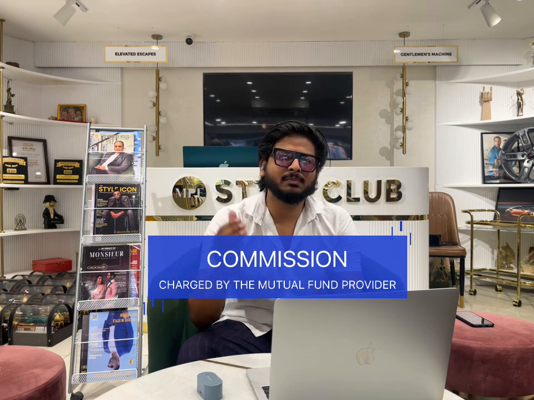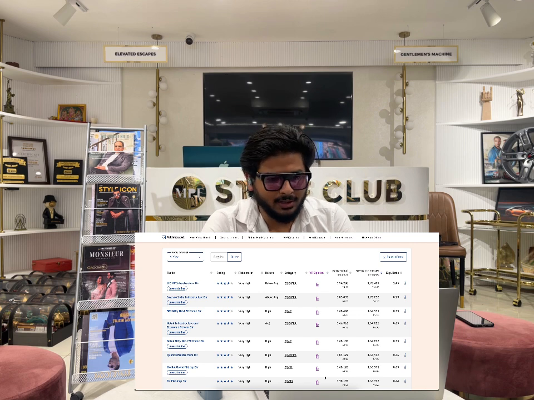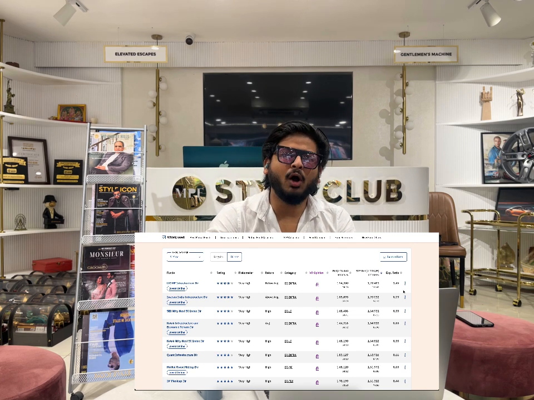least returns. Coming to the second part, that is the expense ratio. What expense ratio means is basically the percentage of commission charged by a mutual fund for taking your investment and investing it in other places. So it's a commission that people charge. How can you research these expense ratios? Same, we'll go into Value Research Online. Go to best mutual funds once again to see the expense ratio of the best returns